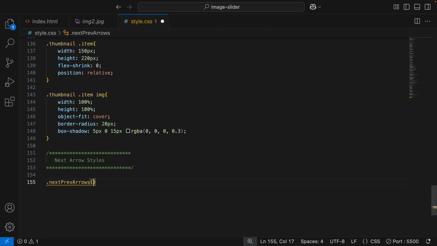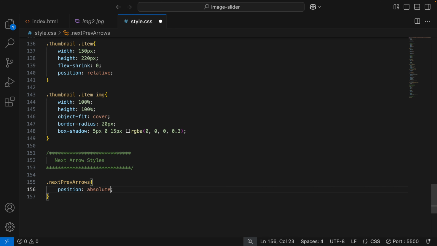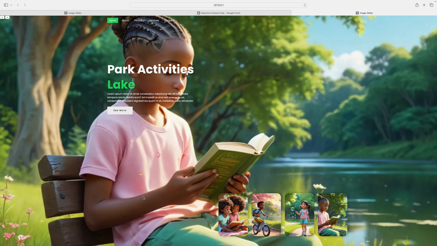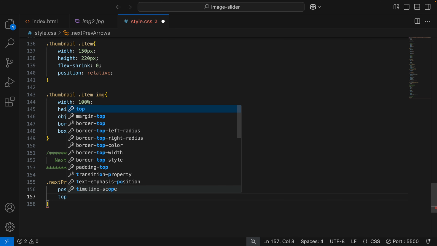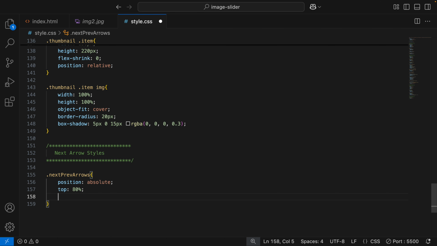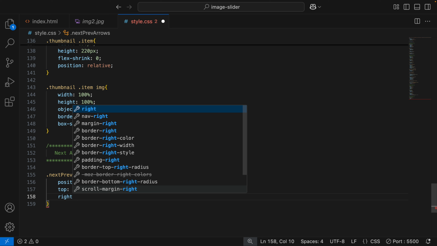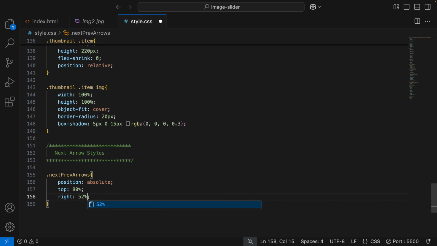So then you know you're definitely targeting that section. So let's go position, absolute. Okay. Top, 80%, right, 52%,